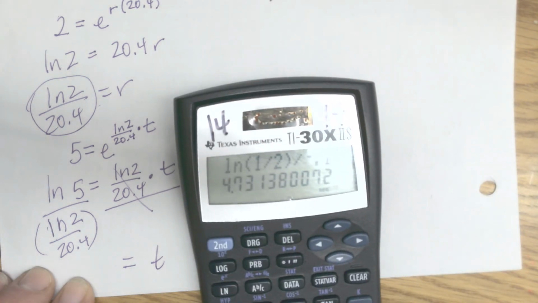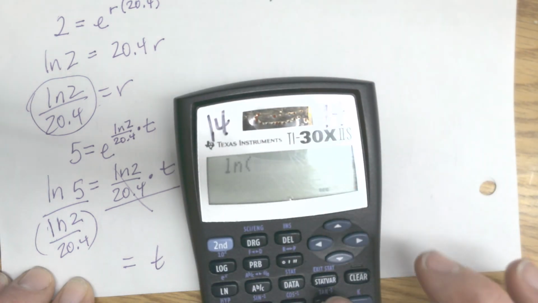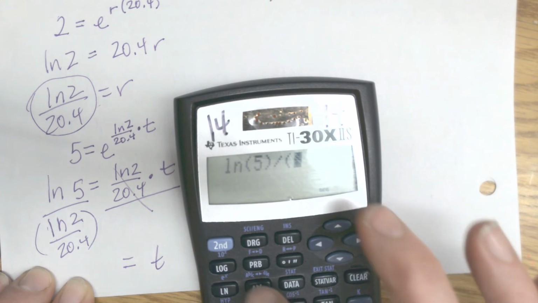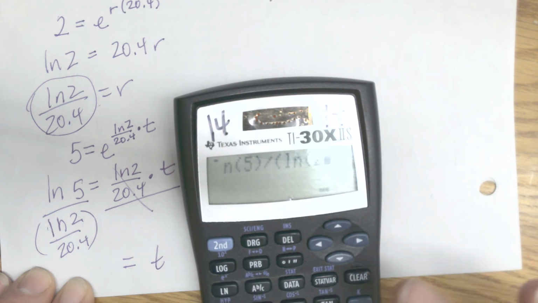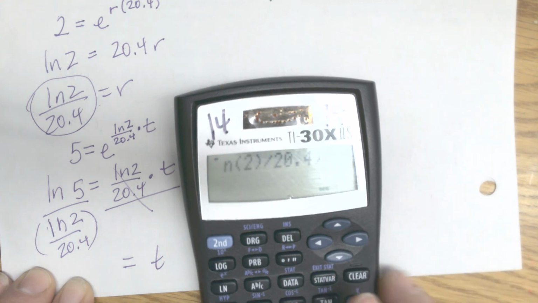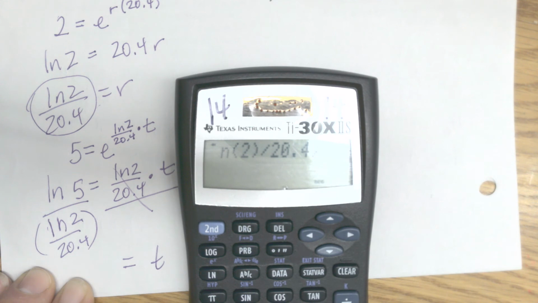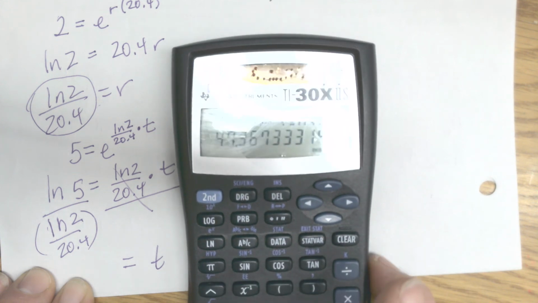I do ln5, close that parenthesis, divided by parenthesis ln2 divided by 20.4. So I have that whole thing in the bottom,